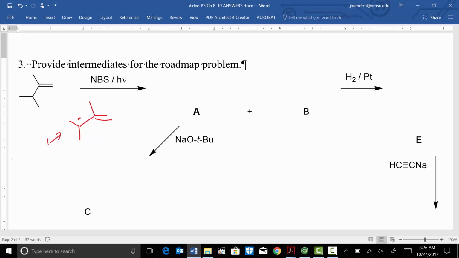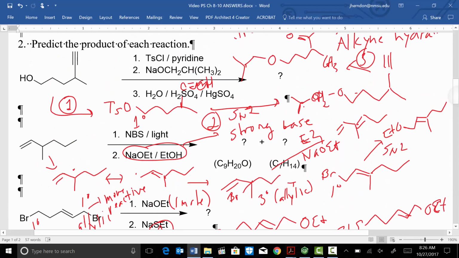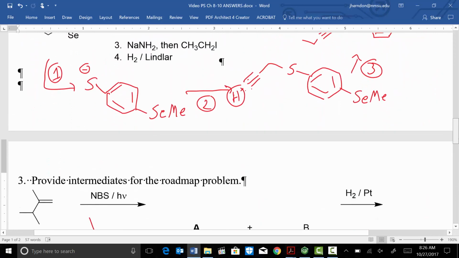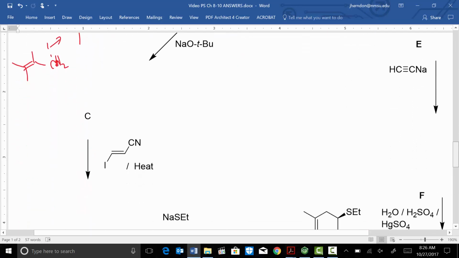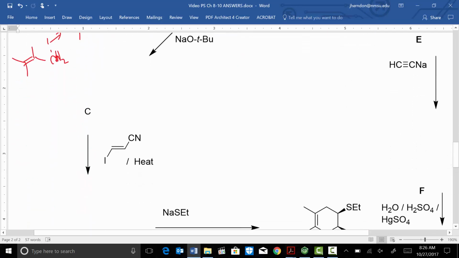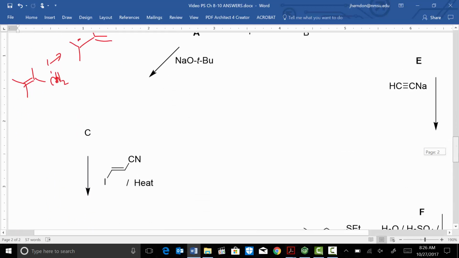So we're going to have this, so our bromide will come from these two resonance structures. Now if you look at the rest of this problem, you can sort of see that C is going to require that we do some eliminations. So let's